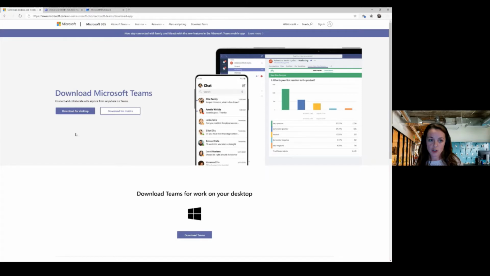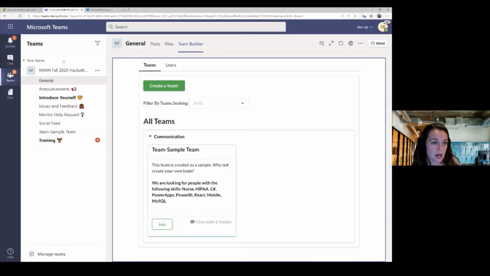The other piece is, and you will see today, my entire demonstration is actually in a web browser. So it's not the thick client that I use on my desktop every day. I'll show you this. I'm just going over to my Teams browser version, and this is where you can find it. You can do it on your desktop client. You can do it in the browser. Teams is a really consistent experience no matter what device or browser you're using. So you have different options there.